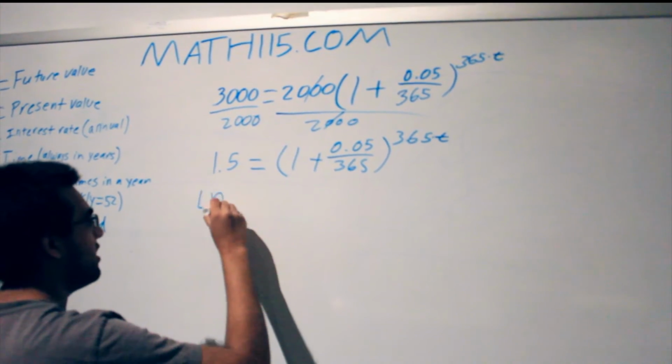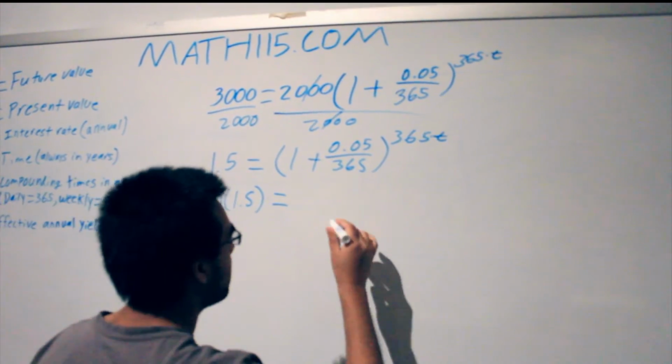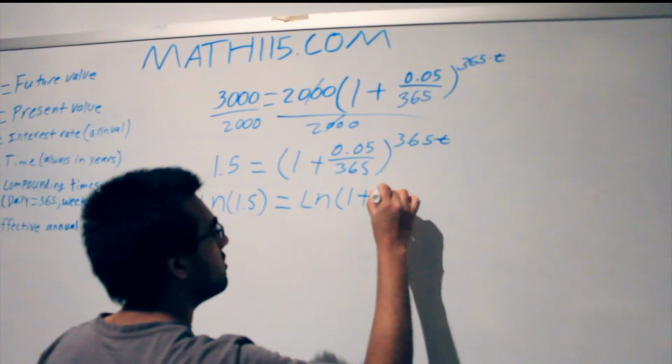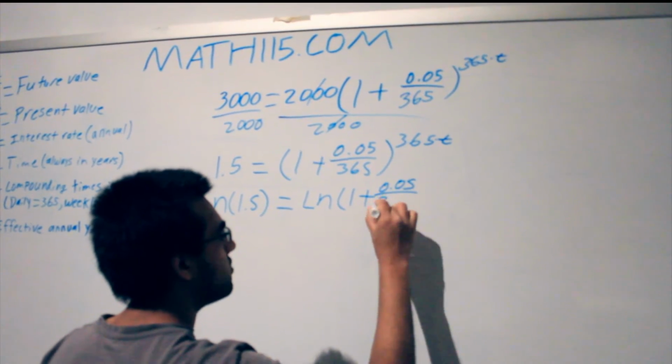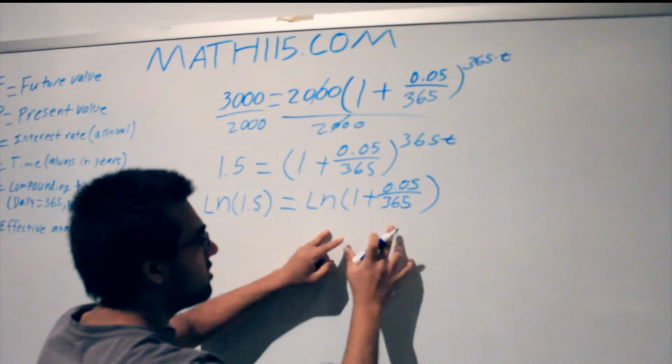So we'll do the ln, open parentheses 1.5. Now we're going to do the ln of this side as well. ln of all of this. So it's going to be 1 plus 0.05/365. Now what this ln allowed us to do, the reason why we did this, is now it allows us